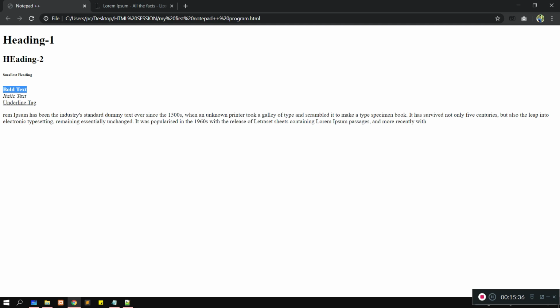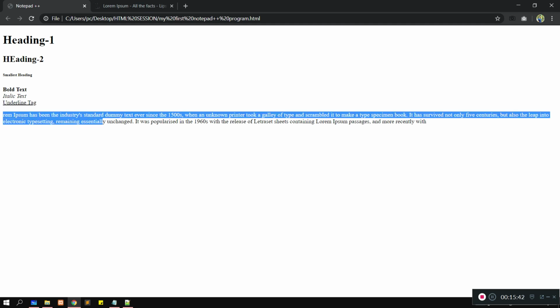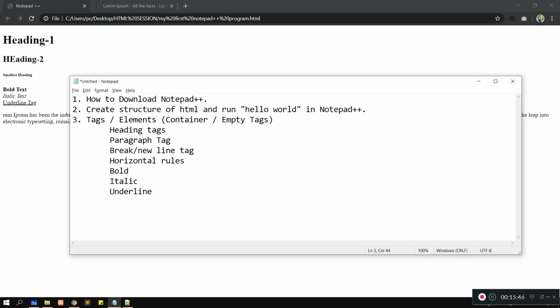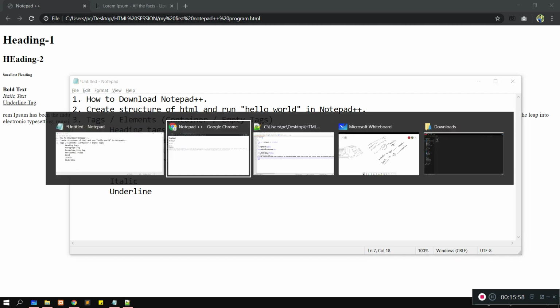This is our bold text, italic text, and underlined text. And this is our paragraph. So I think all tags we have covered: heading tags, paragraph tags, break or new line, that is an empty tag.